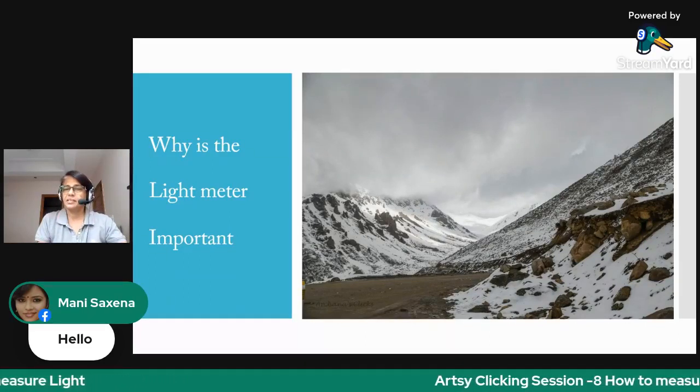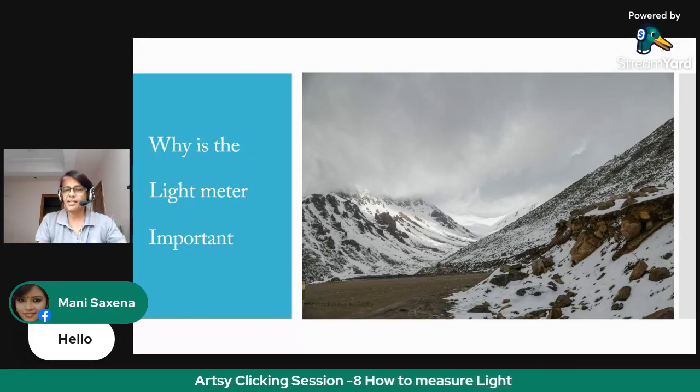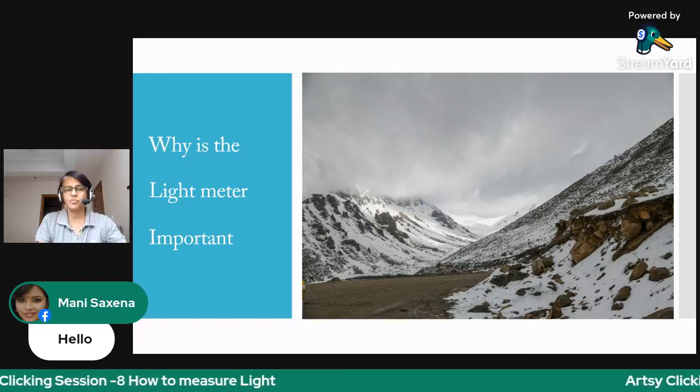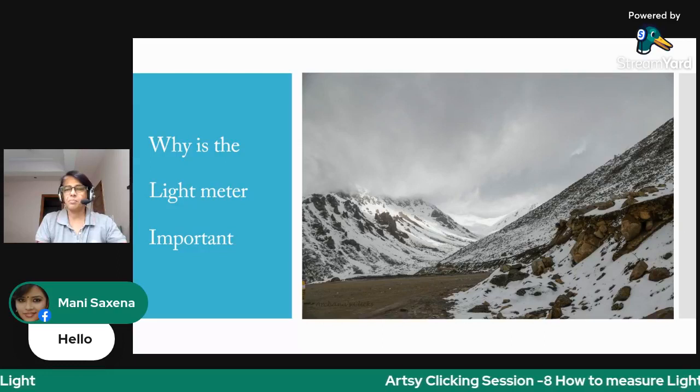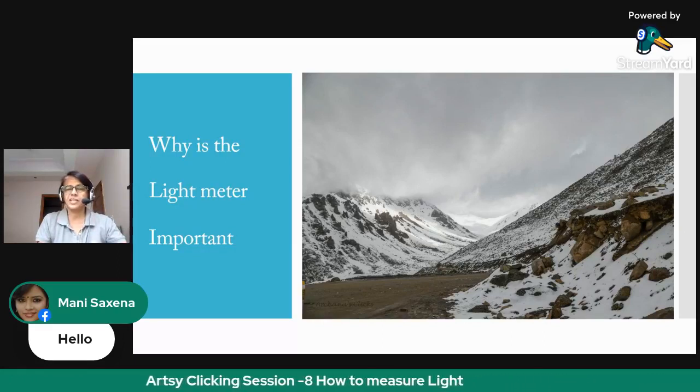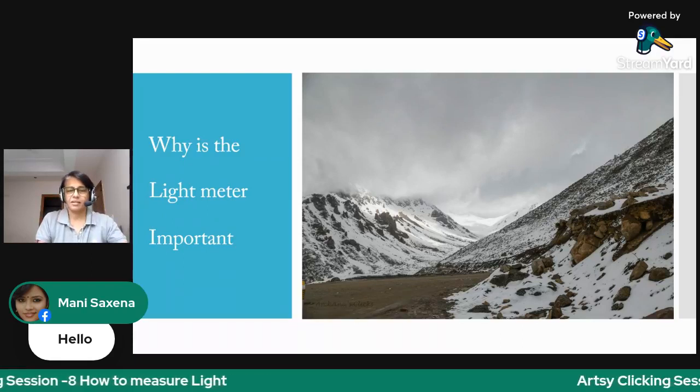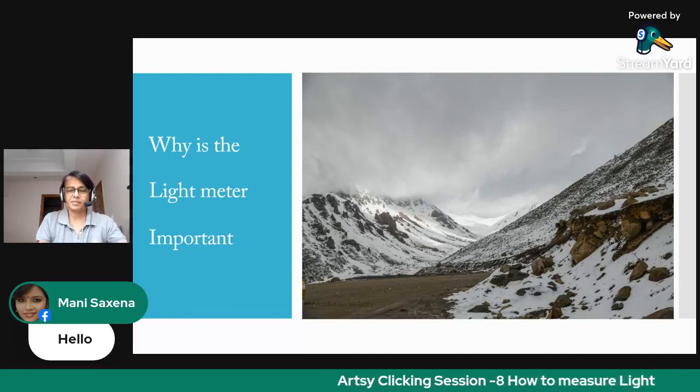Light meter is a tool we are going to use to measure light entering our camera to get that perfectly exposed photograph, so that you don't waste time editing it in your post-processing software.